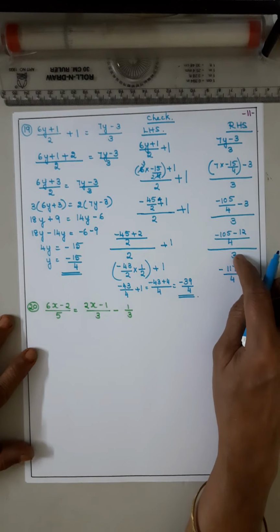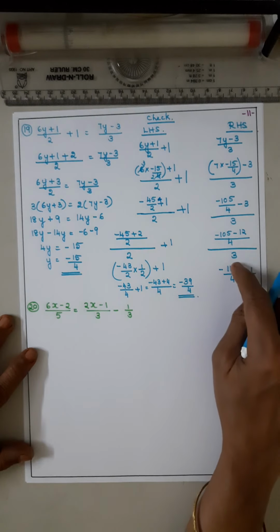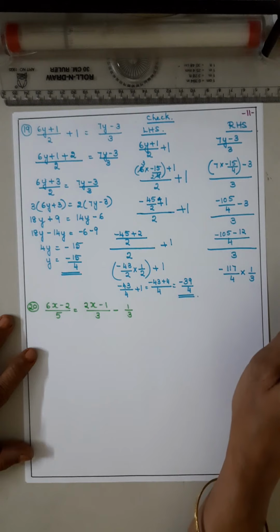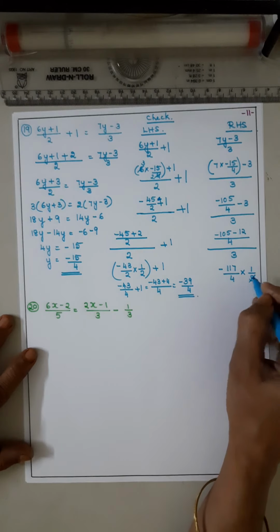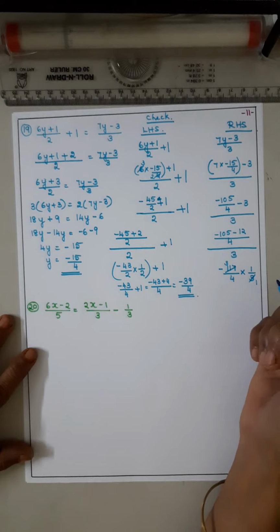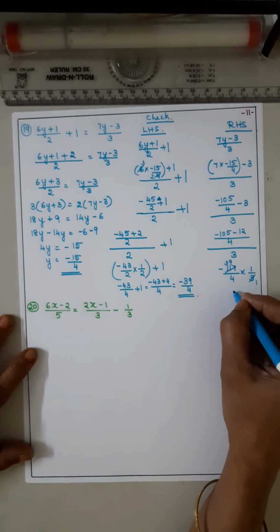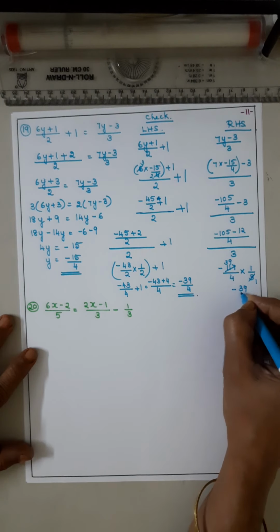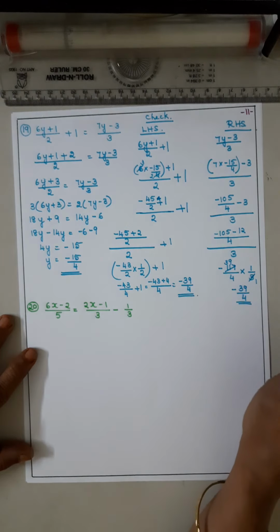Now divide by 3. What does divide by 3 mean? Multiply by 1/3, right? Multiply the reciprocal. Is everyone understanding? Now 3 and 1, 1 7, 7 8 9, so it will go by 3. 3 1s are 3, 3 3s are 9, 10, 11, 2 remains, 2 and 7 27, 3 9s are 27. So how much did you get? -39/4. It is the same, LHS is equal to RHS.